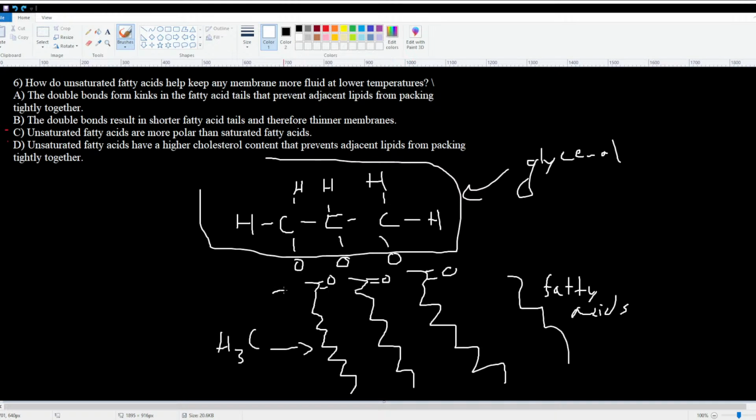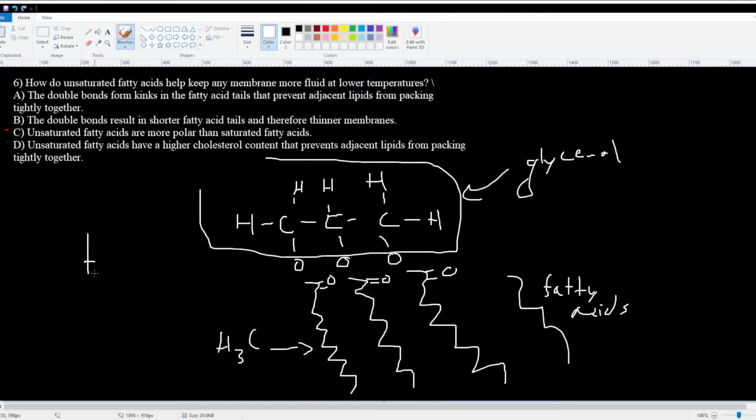And also, look at this molecule, like what we discussed earlier, right? It has these carbonyl groups. These carbonyl groups are partially charged. They are partially polar, but that's not what we're talking about. Look at the rest of the molecule, right? This rest of the molecule is non-polar. So when we have these very tiny portions of the molecule that are polar, but the rest of the molecule is non-polar, the entire molecule is going to be non-polar, right? So anyway,